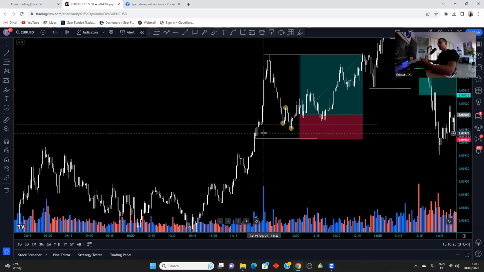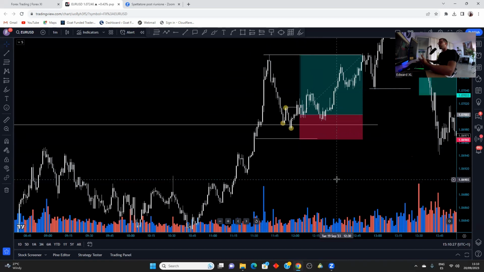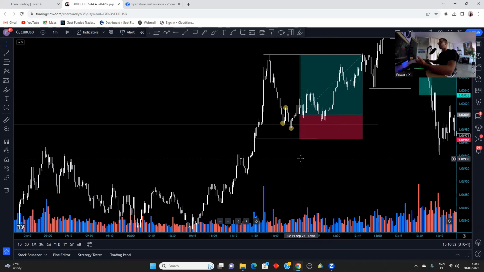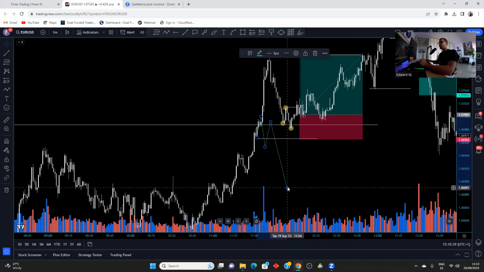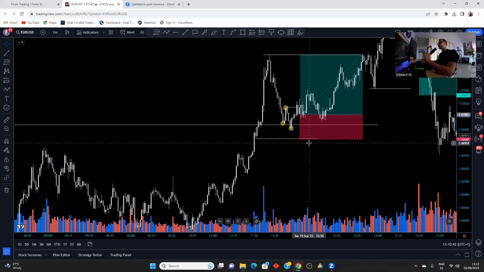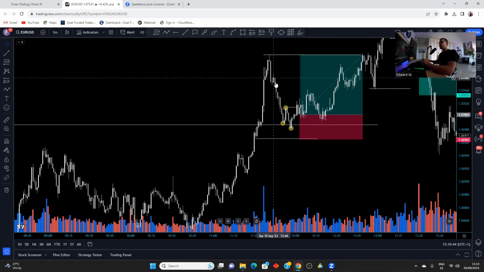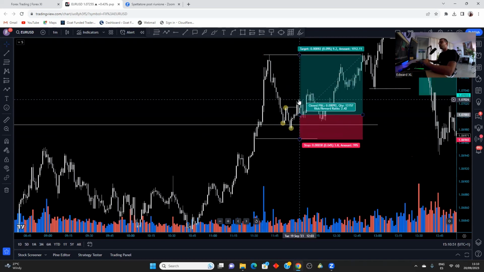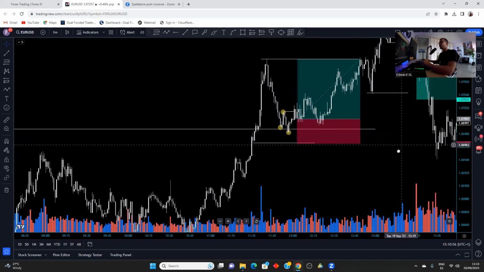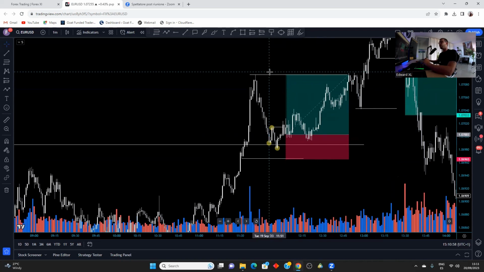And if you know how I trade and how you should trade as well, we don't want big confirmations in order to trade. We prefer small confirmations. By small confirmations, I mean that we have a liquidity grab right away, we get the confirmation and we enter. We want confirmation right away after the grab of liquidity. So what happens is that we start retracing, and as we start retracing, we start creating structure which is confirmed by a bullish scenario. At this point, I understood that I wanted to enter buys and that I was going